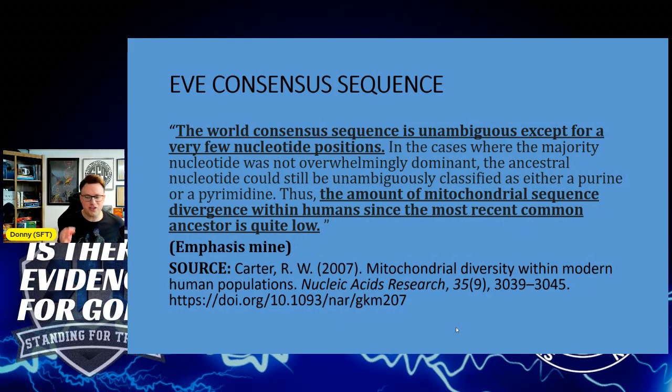Okay. And so what this is saying is it's not like it's unclear. No, the data here is pretty clear. And so we know for the most part Eve's sequence. And since the mitochondrial DNA, it is a small chromosome. It's a tiny part of the genome. People who've taken biology and genetics classes understand it's the powerhouse of the cell, essentially. It's roughly 16,000 letters, 16,500. And it's only transmitted through the woman, from grandmother to mother to daughter. Okay, so every time a mutation is added per generation, mistakes occur every single generation, right?